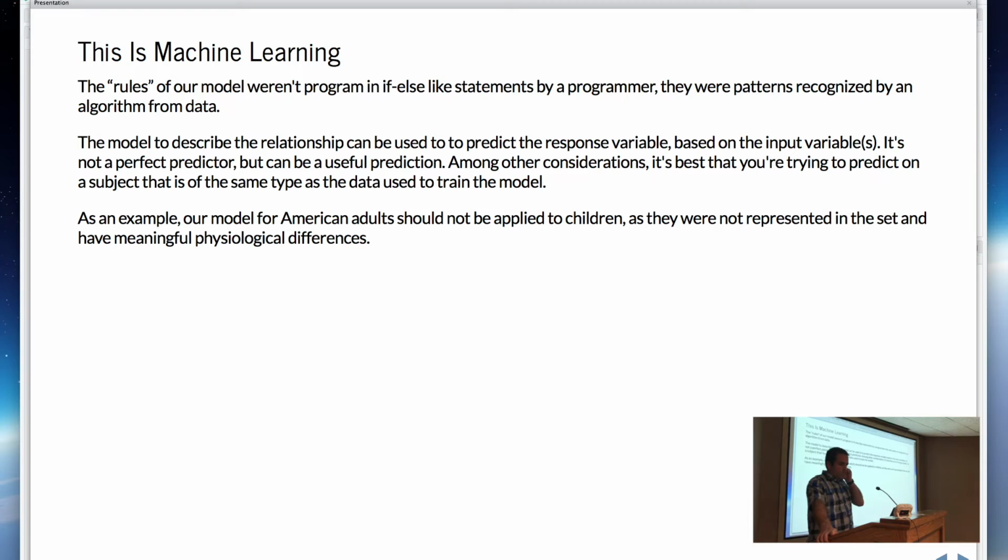So we're not programming rules, we're inferring patterns from data. I won't read that line by line, but the point I get to at the bottom about where it should be applied is, as an example, it probably shouldn't be applied to children, right? All our examples were adults, so that relationship may or may not hold for children. Similarly, I would question the Neanderthal or the different age range or whatever. There's no necessarily right or wrong, but the further you get from your training set, the less likely it is that your algorithm applies.